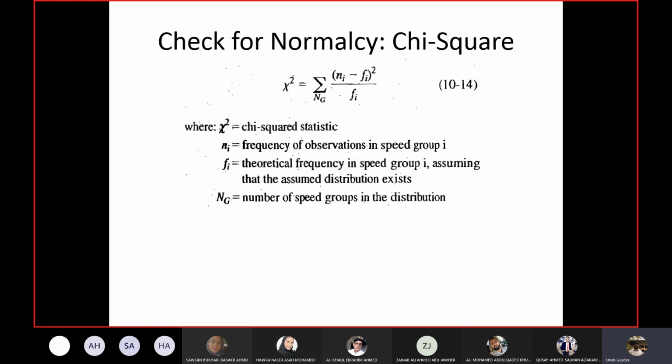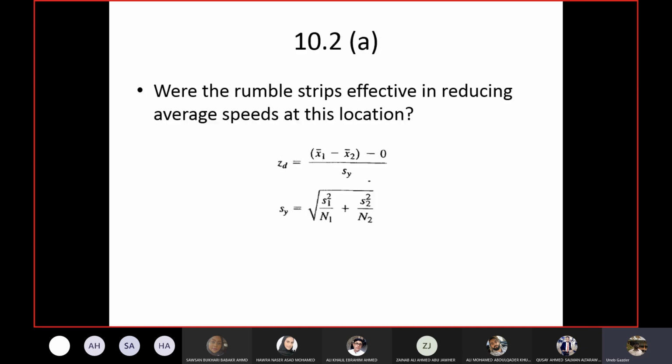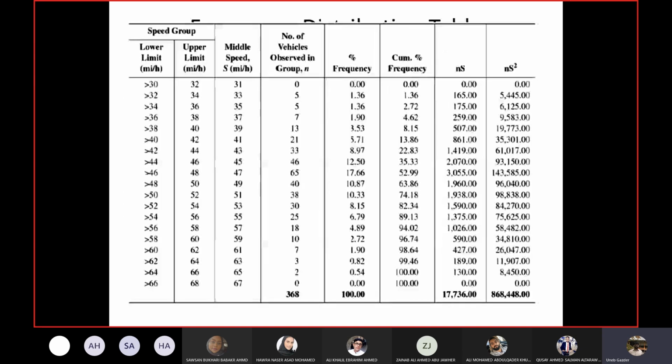Okay, how do we calculate the F values for each speed group? For that, we need some calculation. And before we do some calculation, we need to rearrange the speed data as well. The speed data which I showed you, let me show the first table to you. This is the data which we were working on. So this is the initial arrangement of the data.